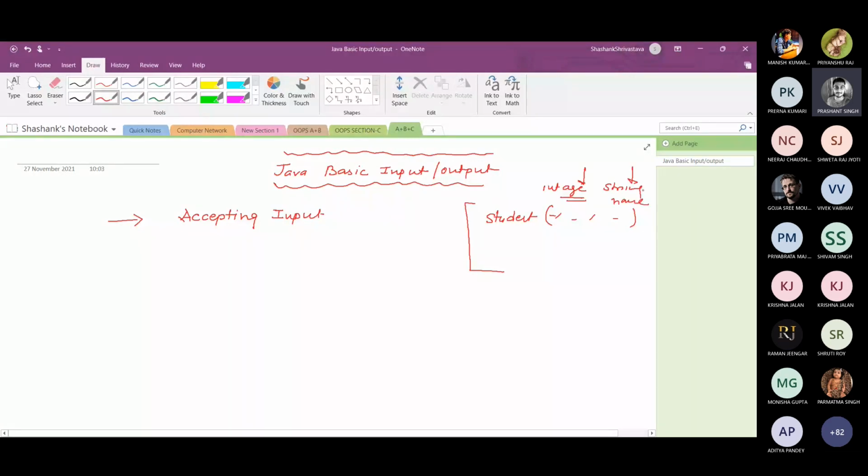But suppose we would like to take the input from the keyboard, so how can I take the input from the keyboard? Accepting input from keyboard. In order to take the input from keyboard, some classes are required.